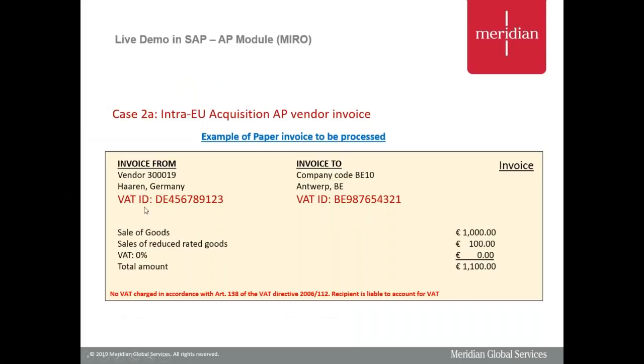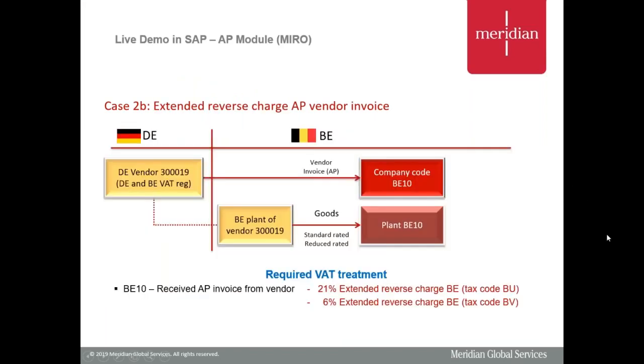So in this case, we know we've just checked this invoice and the German VAT ID is used. But as mentioned, it's possible that after a purchase order is created, maybe our vendor will decide for some reason that they need to send the goods from a different location. So maybe they've run out of the product in their German warehouse, and in this case, they need to send it from their Belgian warehouse. So even though the purchase order is the exact same, we can see from this flow that the goods are staying within Belgium. There's no movement of goods from Germany to Belgium, and therefore this creates a completely different VAT